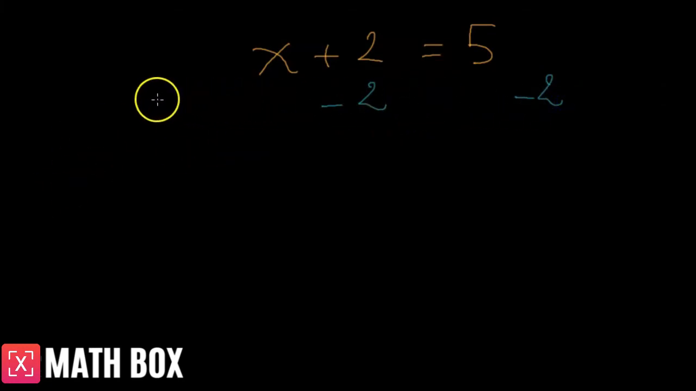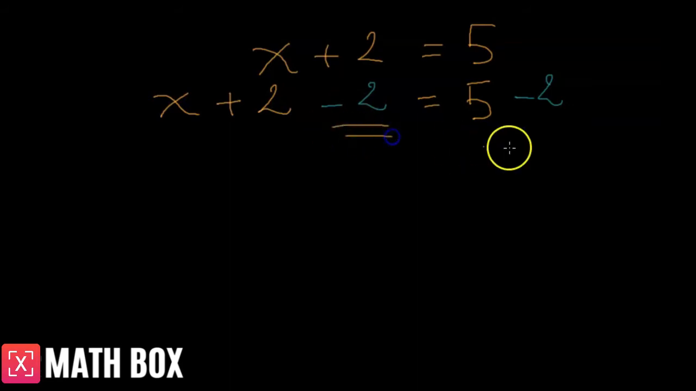which means x plus 2 minus 2 is going to be equal to 5 minus 2. So we subtract the 2 from both sides, and then we have to do the calculation on the left hand side. So plus 2 minus 2 is equal to 0, and on the right hand side 5 minus 2 is